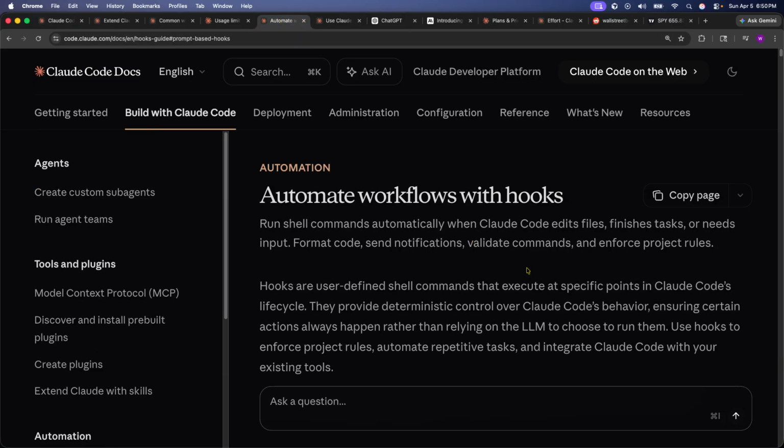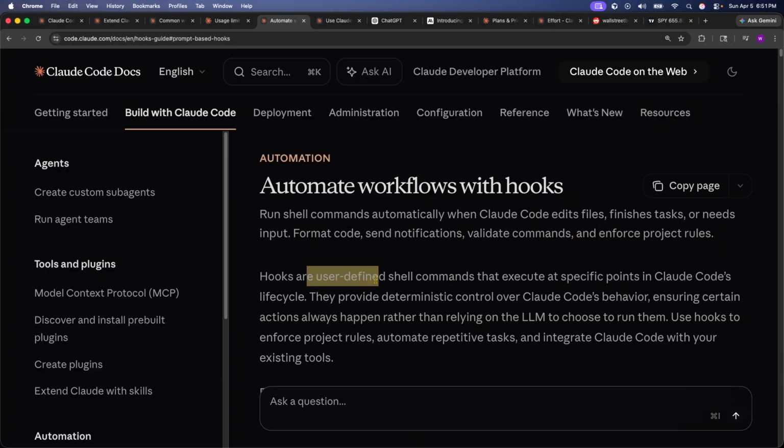So let's jump straight into our video. What I'm looking at right now is the Claude Code API docs, and we're going to be referring to this a lot when it comes to being able to actually create our hooks, right? So what is a hook? A hook runs shell commands automatically with Claude Code to edit files, finish tasks, and or needs input. It formats code, sends notifications, validates commands and enforces project rules. Hooks are user-defined shell commands, right? And a shell command is